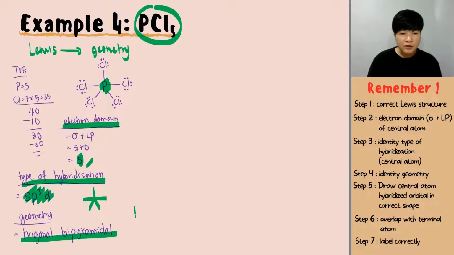You can have your trigonal bipyramidal like this. It's still a trigonal bipyramidal. You can have your trigonal bipyramidal something like this, alright, which is still a trigonal bipyramidal. So it's up to you how you want to draw your trigonal bipyramidal, as long as it is a trigonal bipyramidal. So from that, we can move on to the orbital overlapping of your